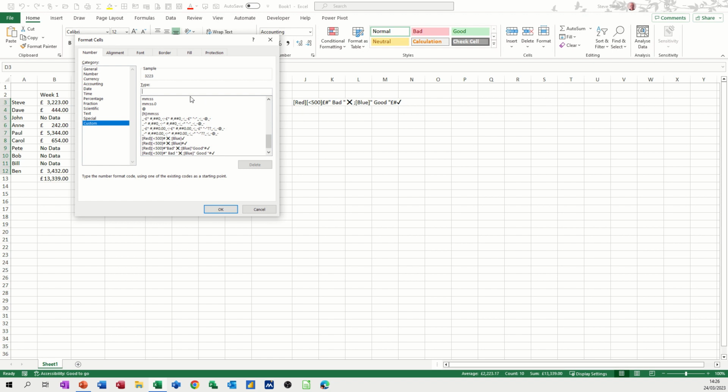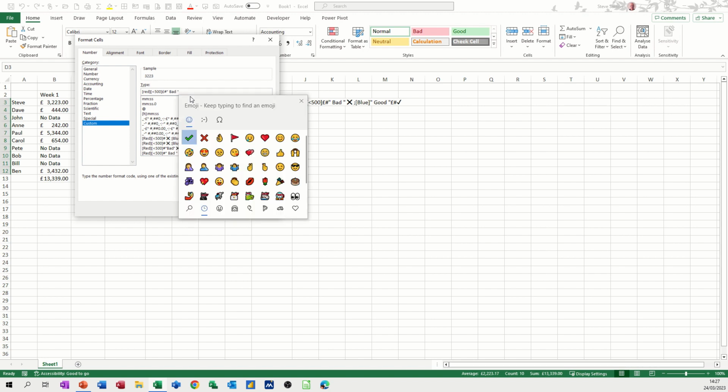So first of all, square brackets red, and then square bracket less than 500. So that's what I want it to flag up as bad. So I want it in pounds, so a pound and then a hash. And then I need to put the word bad. I've done a space there, and that has to go inside quotes. Then the Windows full stop will get me these little icons that I want. I want the cross. So that's got me to there. Now I need to do a semicolon,